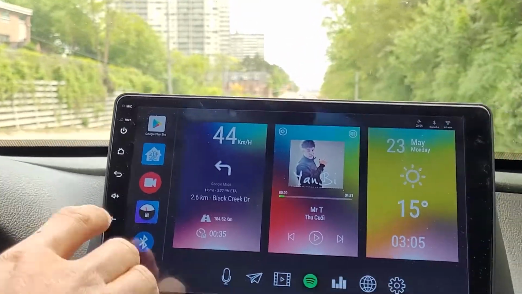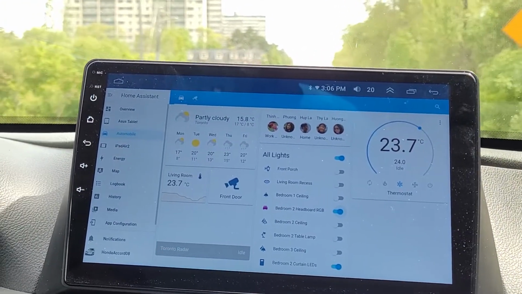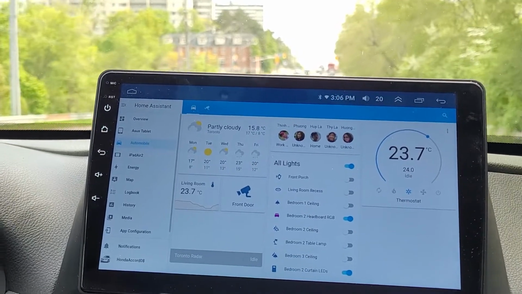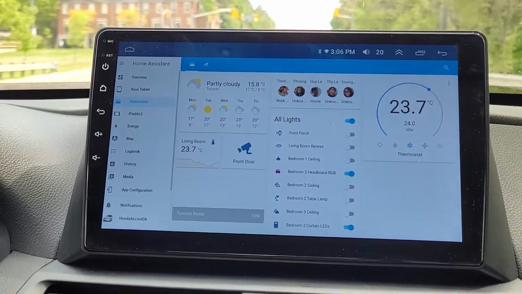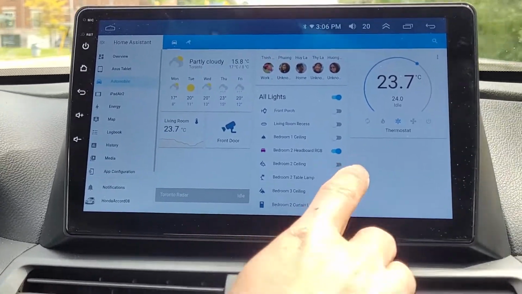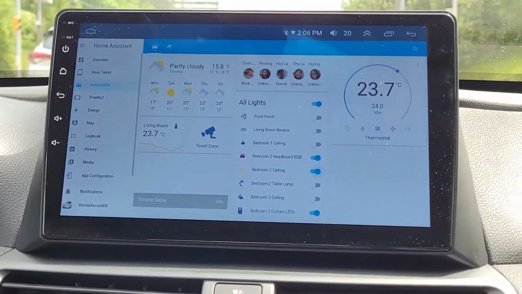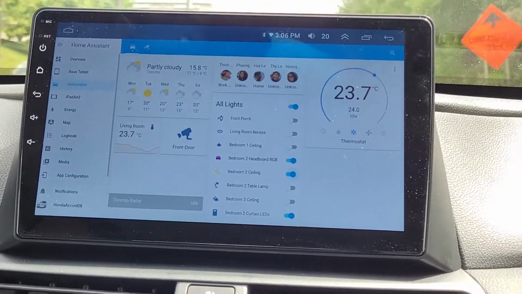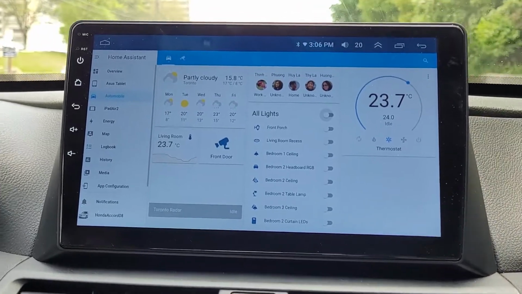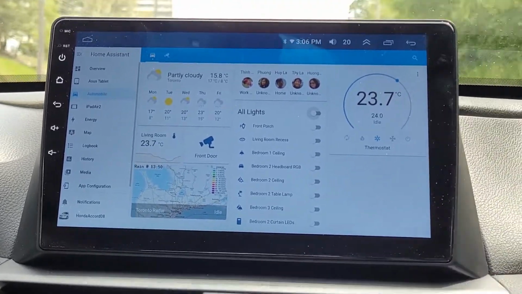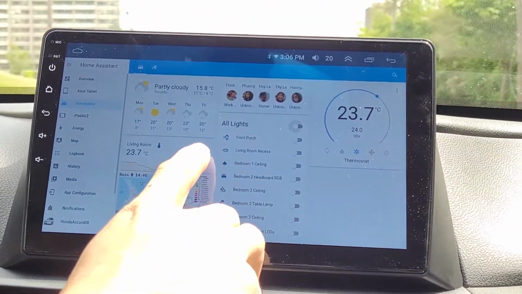And the way I also set up my home network is to view the Home Assistant app, so I can basically control all the light switches from my home. Let's see, I can turn on my bedroom like that, and I can also turn all the lights off by hitting this button. Every light will be off, and as you can see, this is my thermostat from Nest.